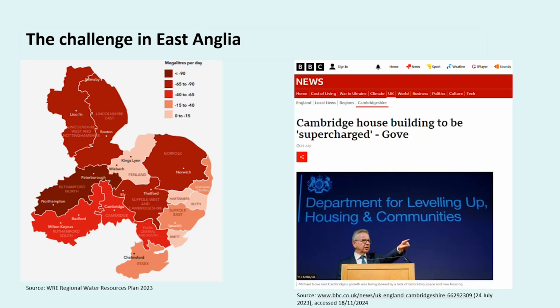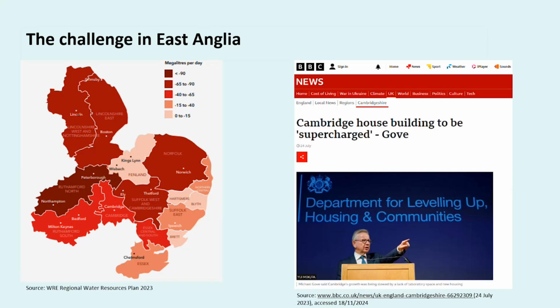So in response to this water scarcity challenge, Cambridge City Council, South Cambridgeshire District Council, Huntingdonshire Council, and Cambridge Water are considering the implementation of a water use target of 80 litres per person per day for the new developments, down from the 110 we saw earlier. However, the situation is developing very rapidly, and in the last 18 months or so, this approach of trying to moderate water consumption through new developments is insufficient to address the severity of the issues.